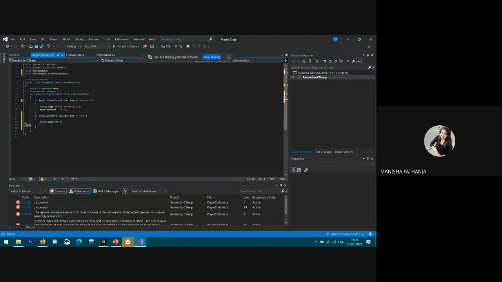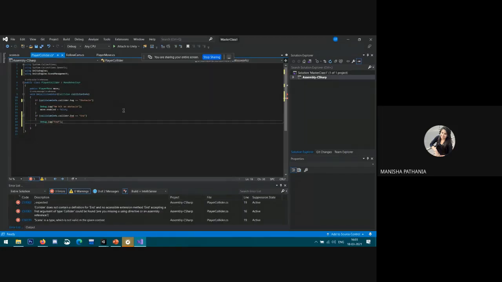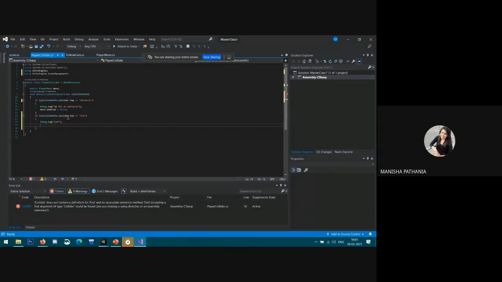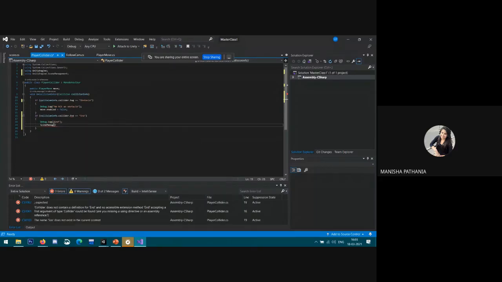So now if the collision info dot collider dot name is equal to end, then this condition will run, that is SceneManager.LoadScene.